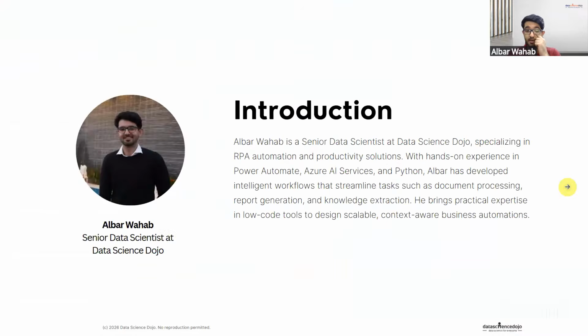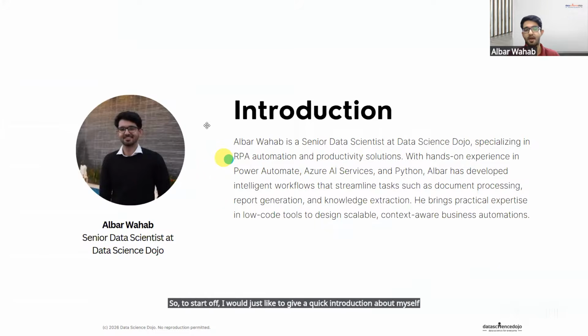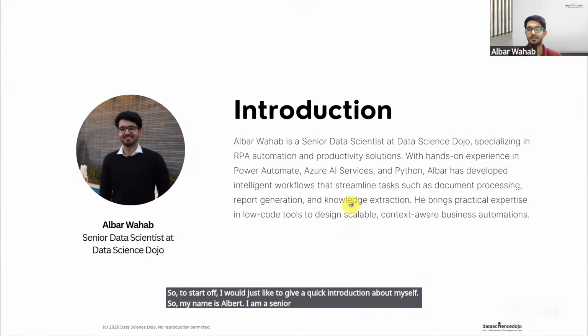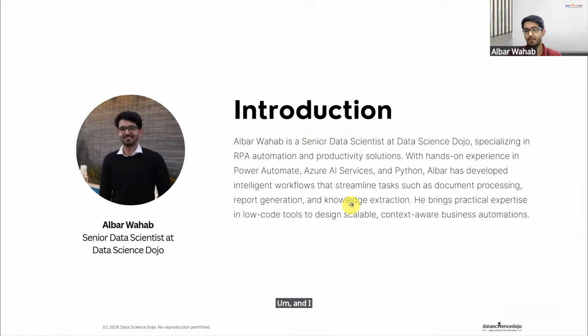To start off, I would like to give a quick introduction about myself. My name is Albert. I am a senior data scientist here at Data Science Dojo. And I work in a bunch of domains at my company, right? I work with Azure AI services. I work with Power Automate. I work with Python. It could be a data science or data engineering related situation, but my overall goal is